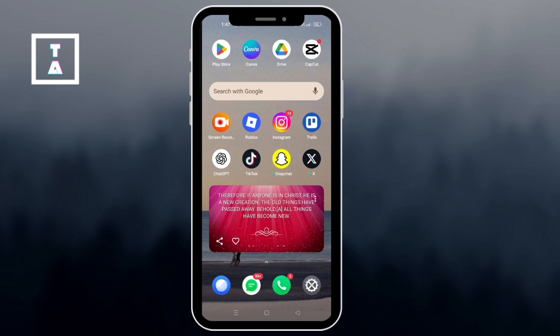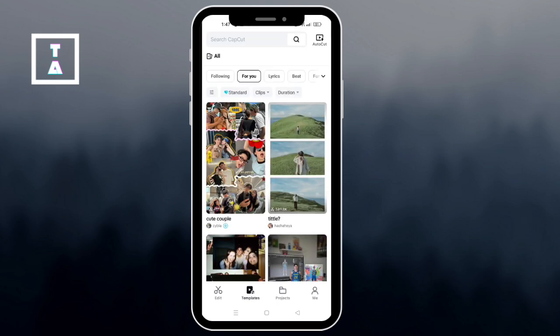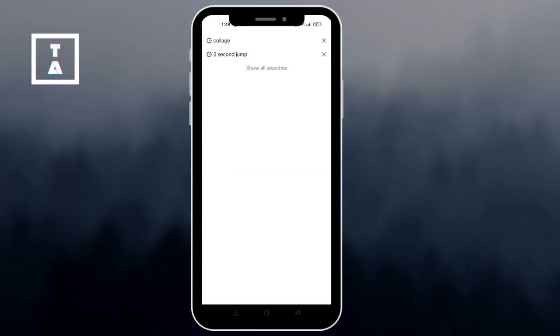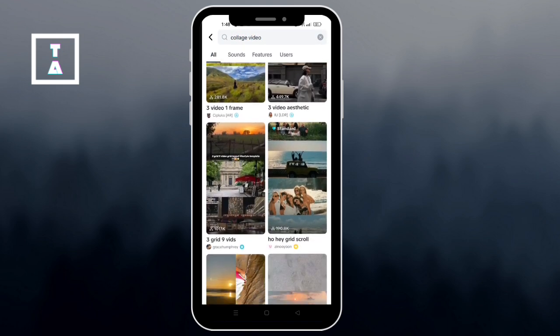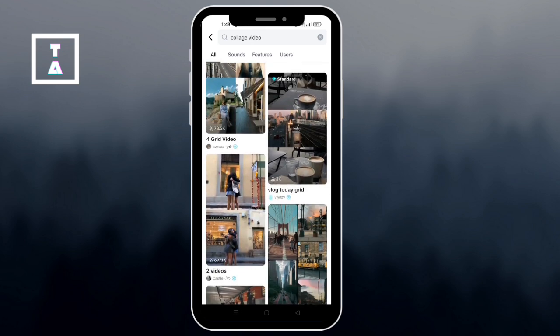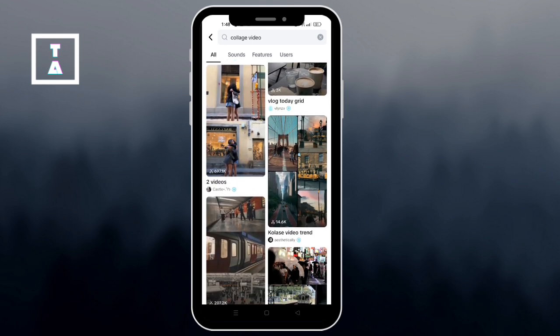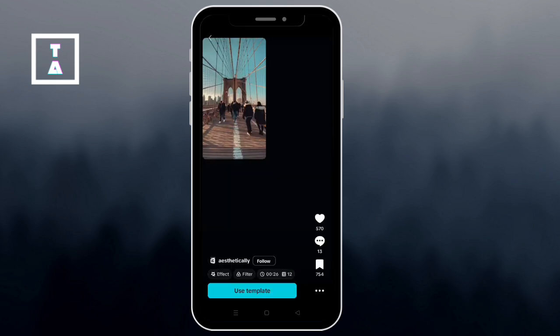Let's get started. First, open the CapCut app on your phone, and then at the bottom, tap on Templates. Now, in the search bar, type collage. And here you'll see lots of collage style video templates made by other creators. Browse through and pick a style you like, whether it's for travel, memories, friends, or aesthetic edits, and tap Use